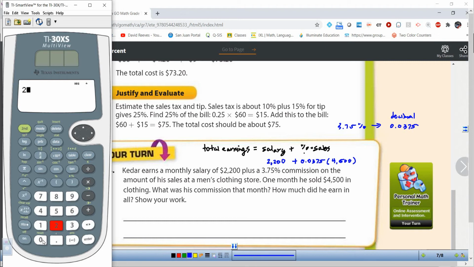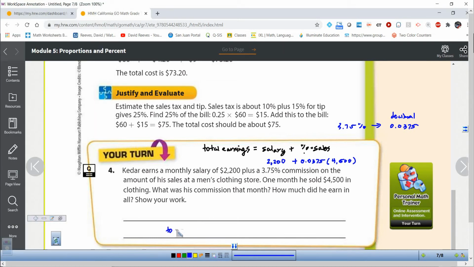Now I'm going to go to my handy dandy calculator, because calculators are recommended for these problems. I'm going to go $2,200 plus 0.0375, which is 3.75% written as a decimal. I'm going to multiply that by the amount of his sales. So he gets 3.75% of the sales. The rest goes to his employer, but he gets that back. And when you add those together, you get